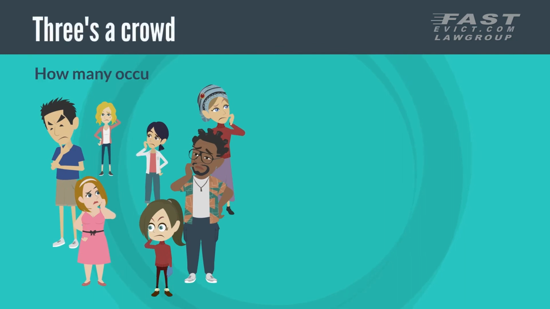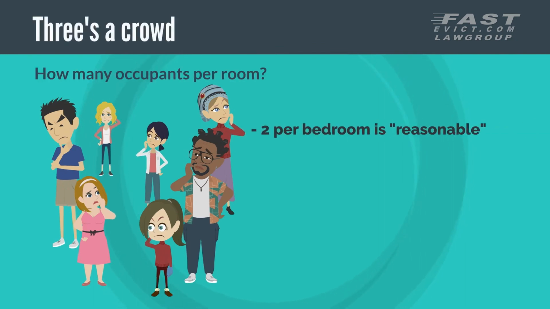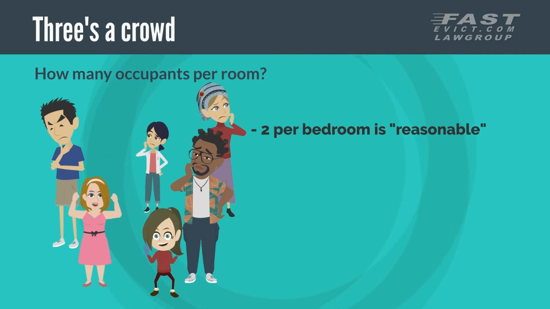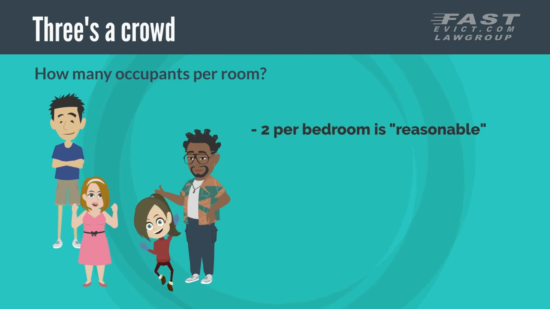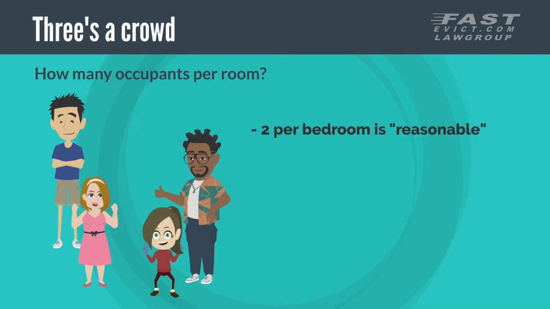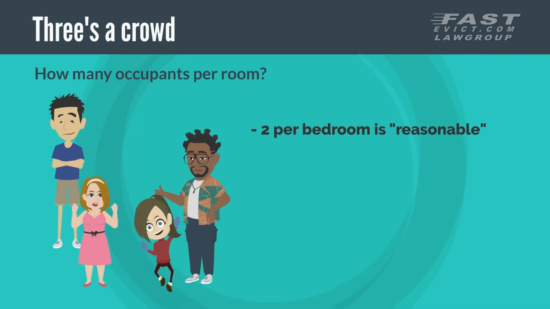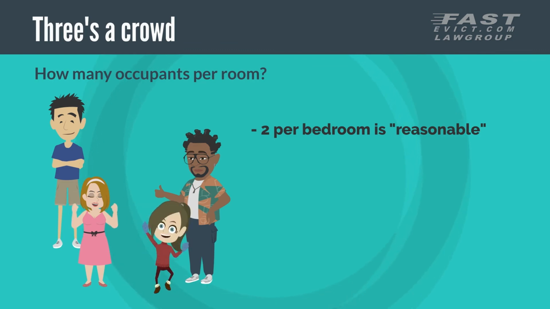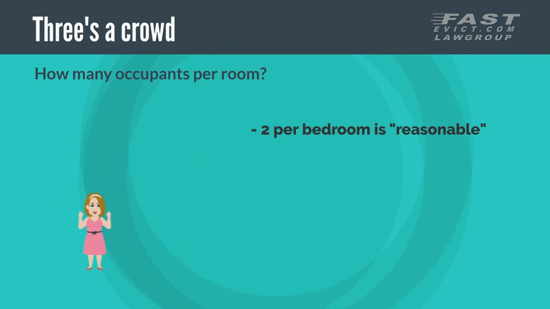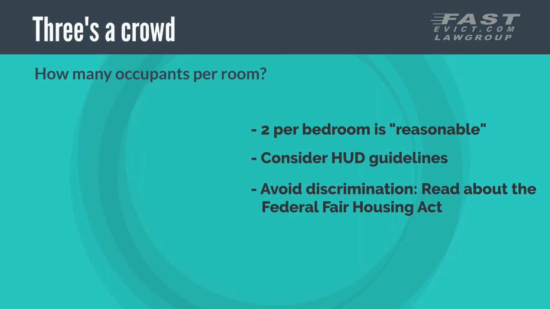3 is a crowd. It's a good idea to allow 2 occupants per bedroom. Example, if you're renting a 2-bedroom apartment, you should consider only allowing 4 occupants to live there. The more occupants you allow to live in your rental property, the more wear and tear and possible damage you should consider. Important note, HUD doesn't specify the exact number of occupants allowed per bedroom for rental property, and you